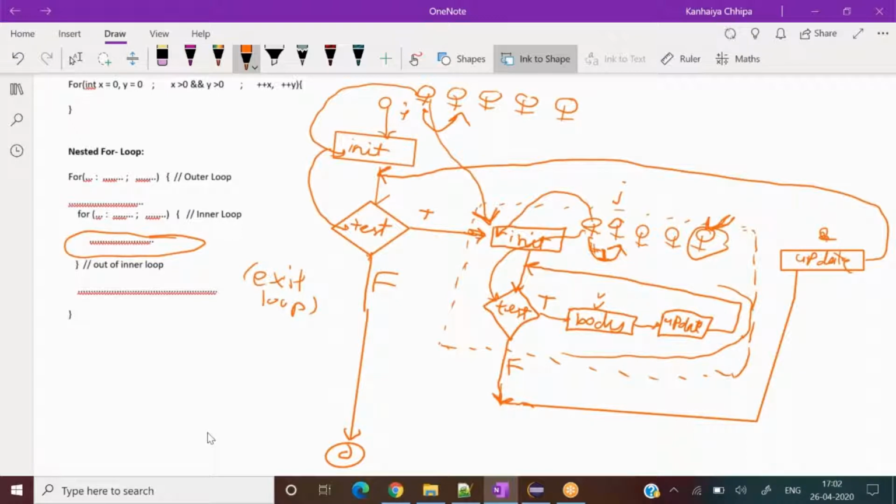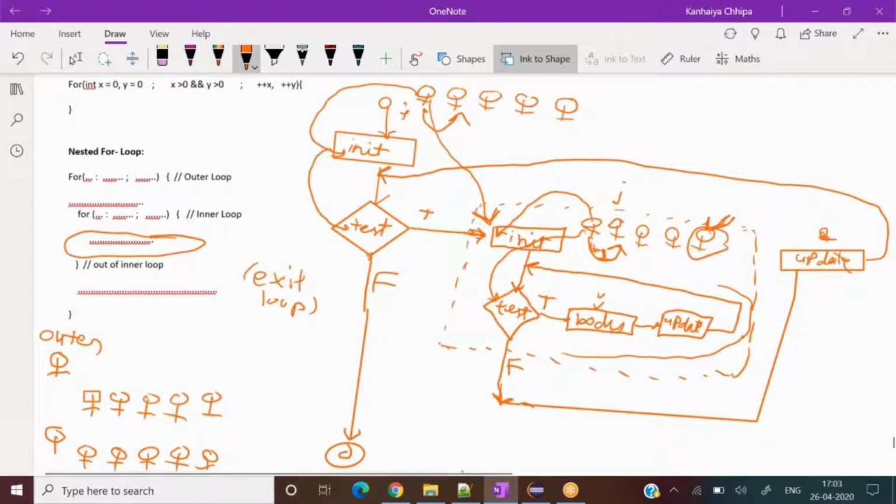this would happen. So if I draw another program for this, let's say outer: for the outer first person, all inner 5 get executed once, 1 2 3 4 and 5. Then for the outer second person, again the inner 5 will get executed, 1 2 3 4 5, and so on.